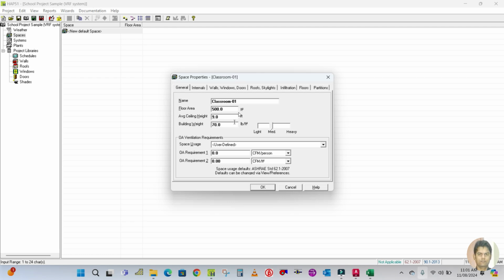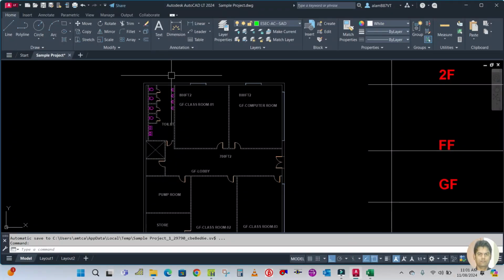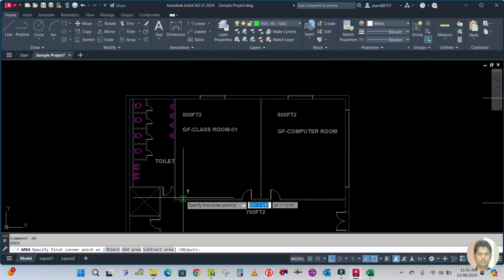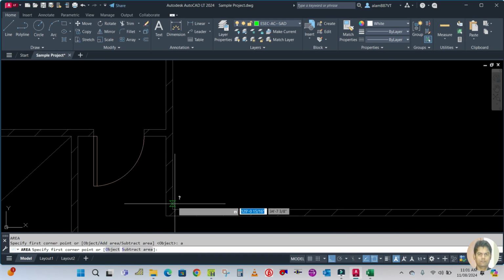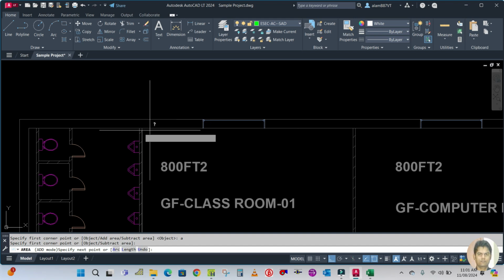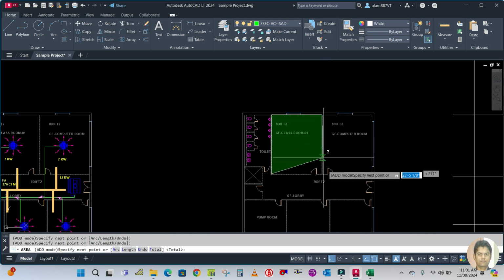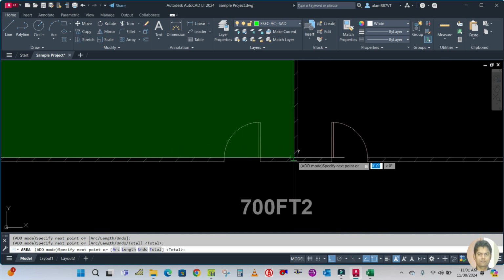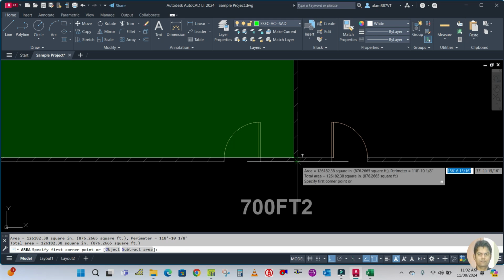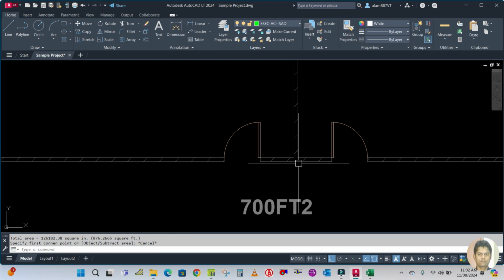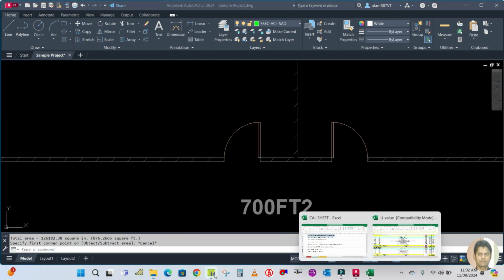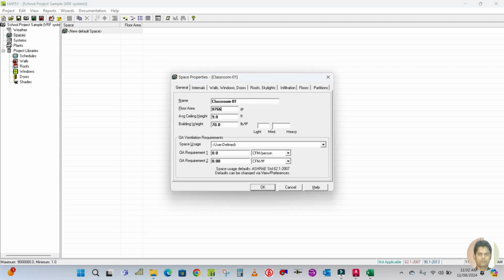01. Floor area you have to get from this drawing. So just check the area, type AA, add area, and then you have to select like this. Okay, and click here, and then you can see the floor area which is 876 square feet. So floor area 876 square feet here, and height is let's say 9 feet for example, and building weight